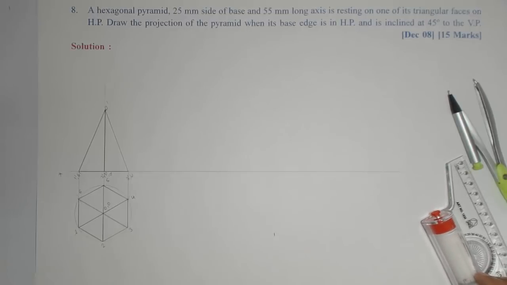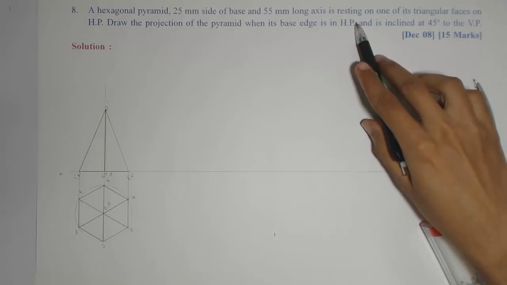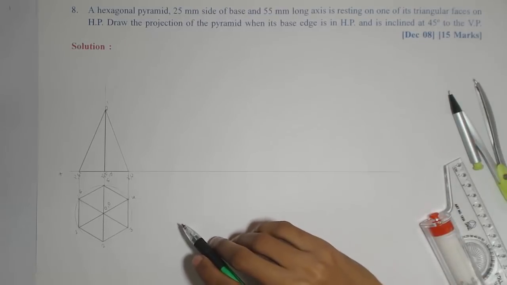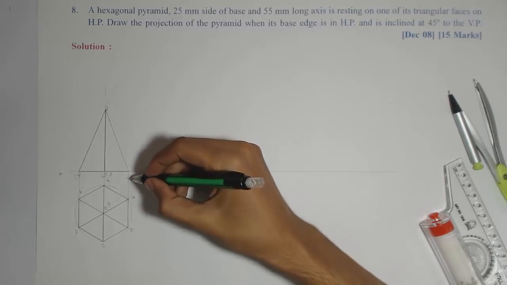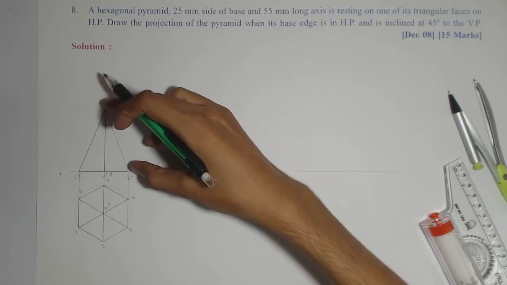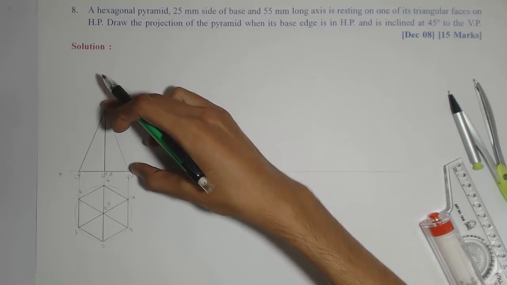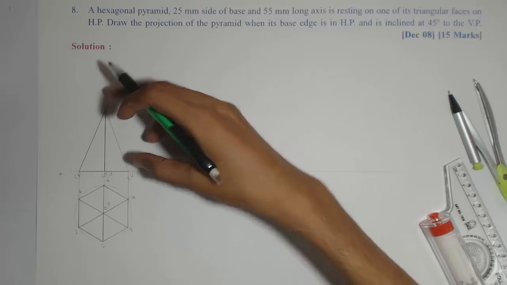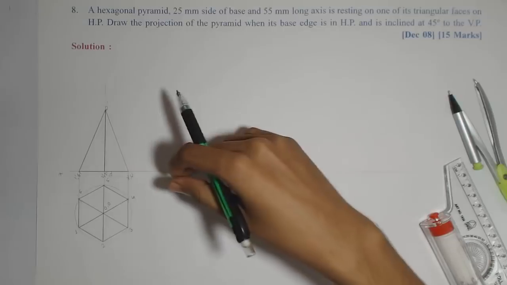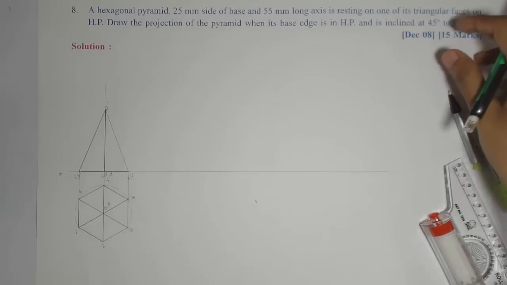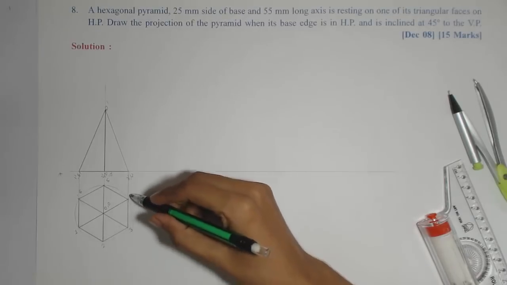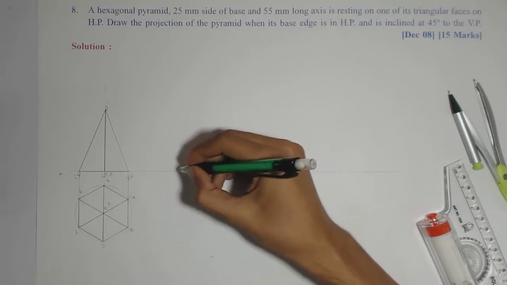Now in second stage, we need to keep the triangular face on the HP. Okay. Now triangular face here is 3 dash 4 dash O dash. That inclined line in front view is nothing but the triangular face. So we will make this line entirely coinciding with XY line, so that the triangular face lies on the HP. So for that, the condition is this base edge should be on the HP. So I'll fix that 3 dash 4 dash